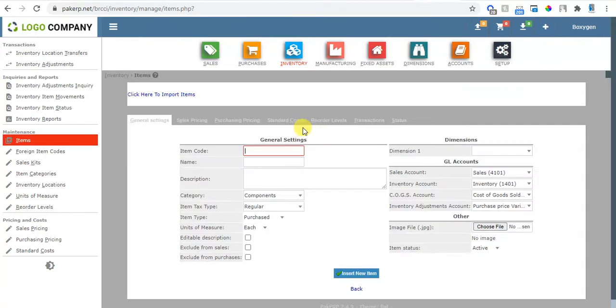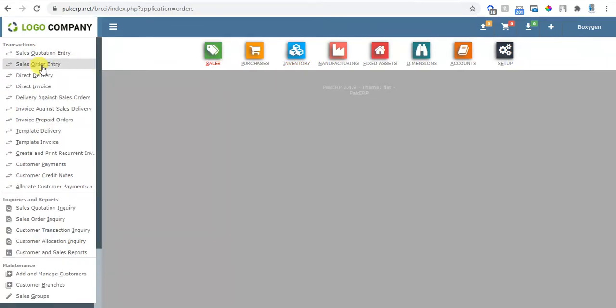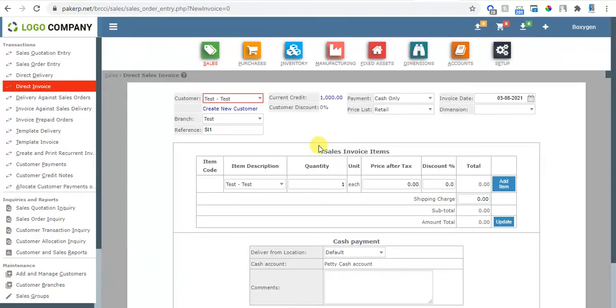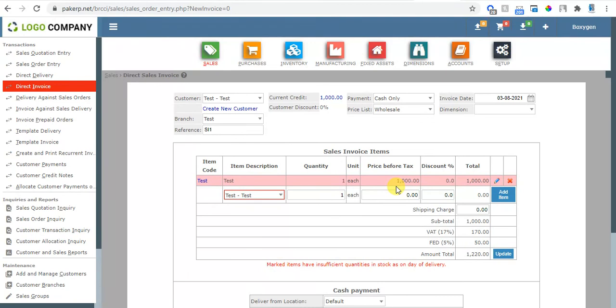For example, we are creating an inventory item, test. Direct invoice. The test is selected. 1000. Type wholesale. Now you can see two taxes are being applied, 17% and FED. Both are applied on this invoice.